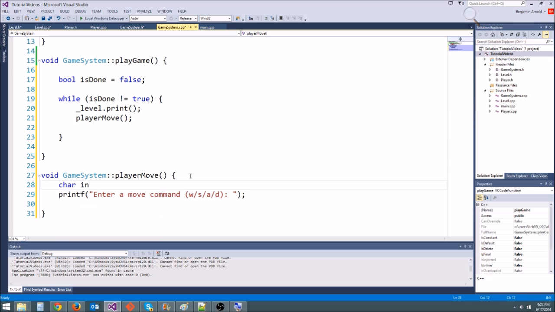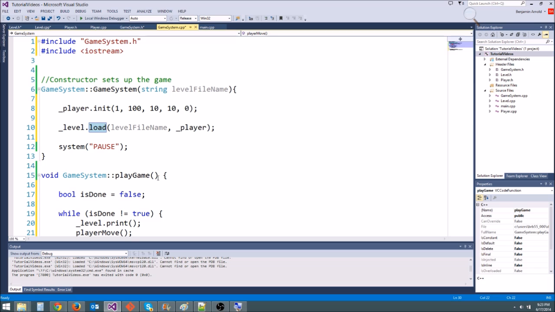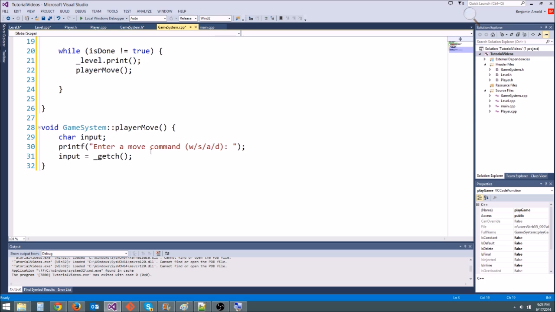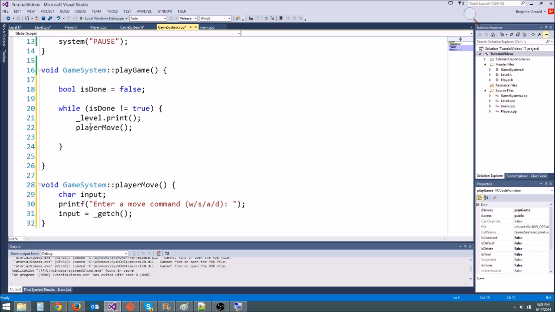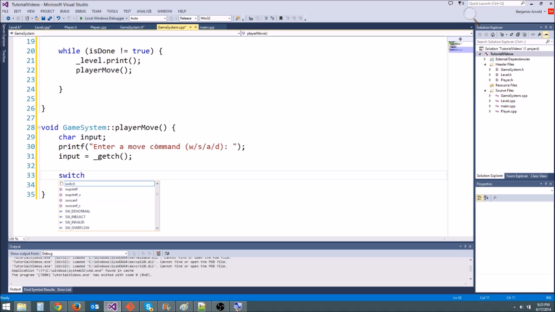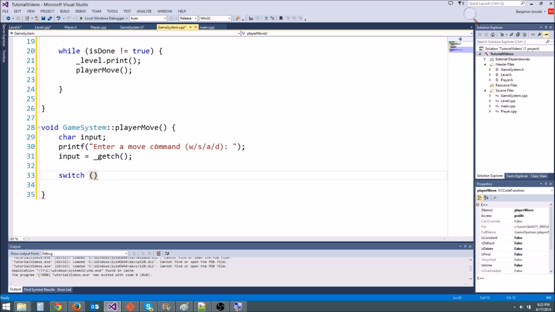Alright, so enter a move command. So let's make char input, and input equals getch. And we have to include conio.h in order to get that. So include conio.h. There we go. So input equals getch. Here we go. And now we can process that input. So we'll say switch, and actually we are going to get to use the default. So switch input